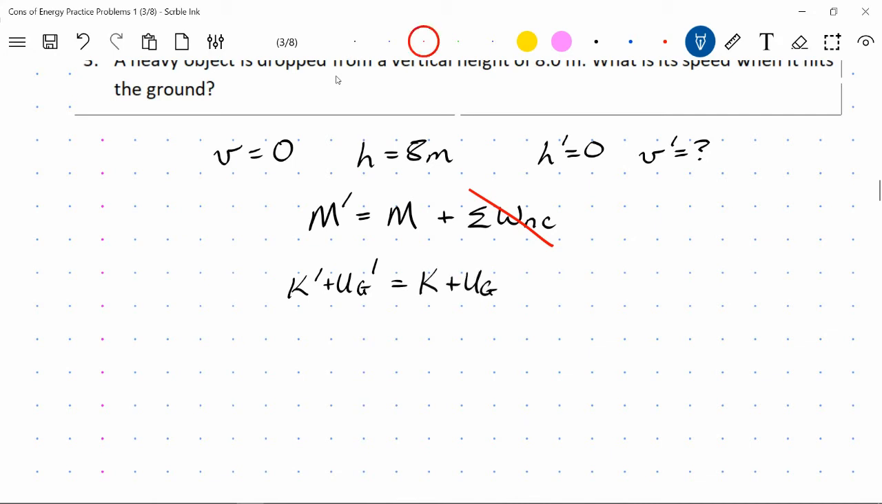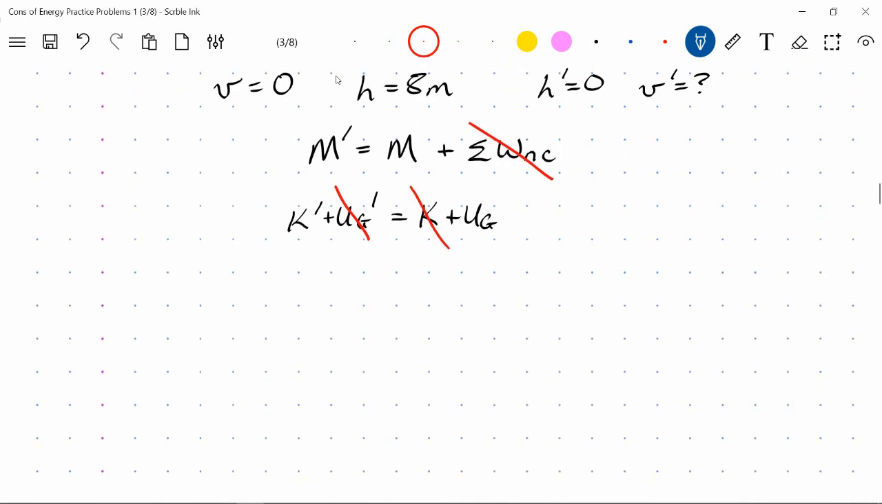And again, a couple of these things are 0, so we can cross them out. At the end, it's at the ground level, which we're designating the 0 point for height, so there's no potential energy there. It was released from rest, so there's no kinetic energy at the start. So what that amounts to is that 1/2 m v prime squared is equal to m g h at the start. Again, m will divide out just like it did in the last problem,